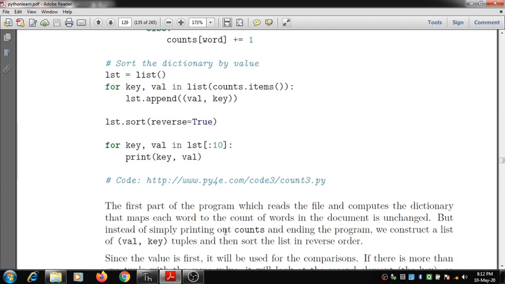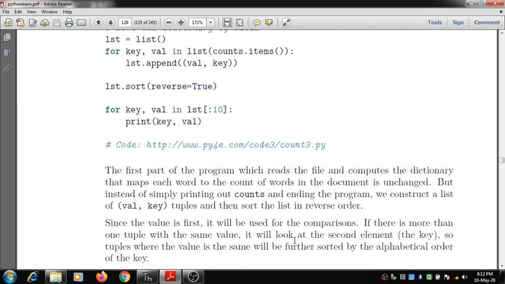But instead of simply printing out counts and ending the program, we construct a list of key value pair tuples and then sort this list in reverse order. Since the value is first, it will be used for the comparison. If there is more than one tuple with the same value, it will look at the second element, that is the key.